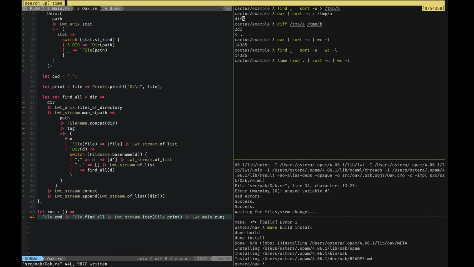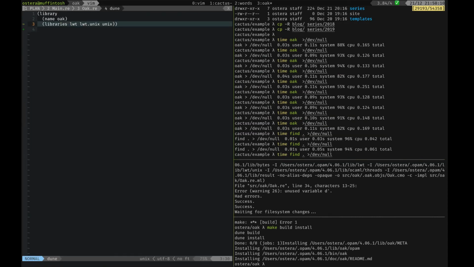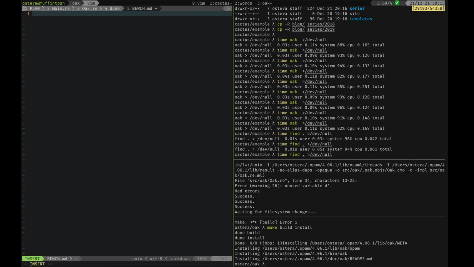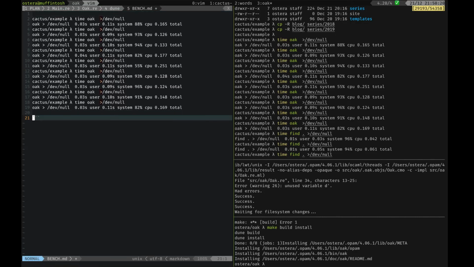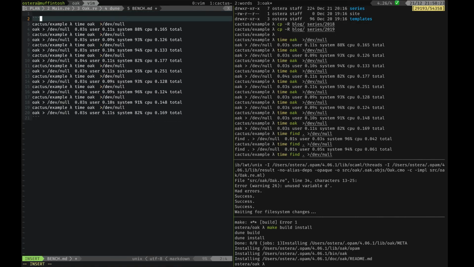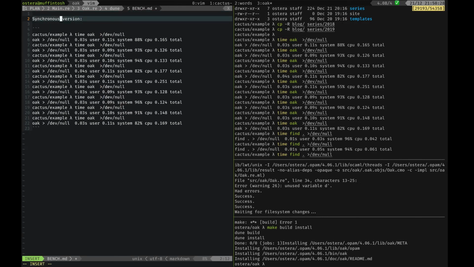And if I go back in time, here are the benchmarks, if you want to call them that, we did. So I'm going to copy these things, and I'm going to go into a file called bench.md, and I'm going to put them all in there. Boom. And I'm going to add the markdown thingy for making code look codey. And then this is the synchronous version. Synchronous or blocking IO. That's not how you spell blocking. IO version, right? And then